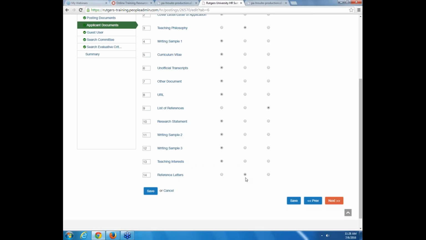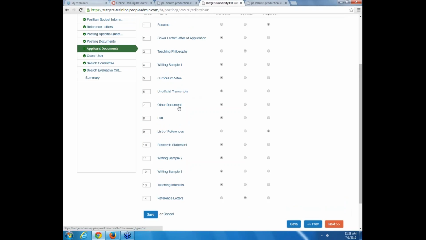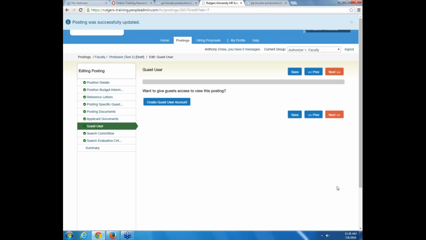it to their posting. We also recommend always making other documents optional, just in case an applicant has something unique that they might want to upload to show the search committee or the applicant reviewer. So if you set this as optional, it gives them an area to upload any kind of documents that you may not require, but they might want to share with the posting committee. Once you hit next, all the options you save there will be set to this posting, and we get to